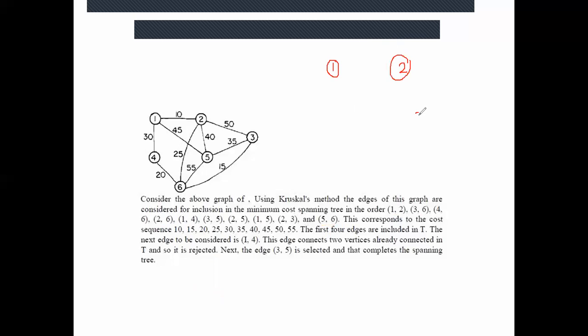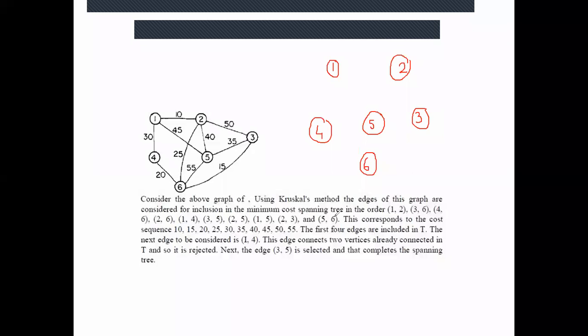So this is what you can do first. You can write down all the vertices. Okay. And you do it one by one. Beta, I am doing it in one step only, you have to do it step by step. Don't try to do it in one step only. Fine. Okay.